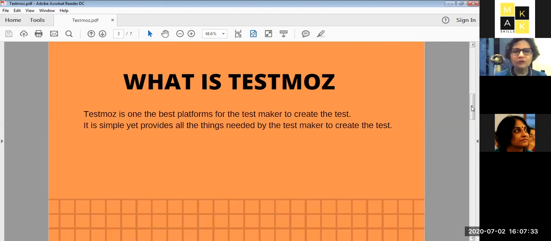These are the basic things. Now I'm going to show you a small PPT in which we will run through the basic features, and then we will start our hands-on. To give you a fair idea, as we were just talking about, it is one of the best platforms that has ever been made. Of course, there are many other platforms, as you all know, but this is one of the very friendly ones. It is easy to work with, easy to create the test, and it provides almost everything an educator may need to create the test. Looking ahead,